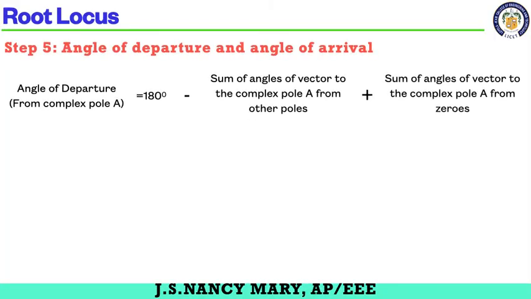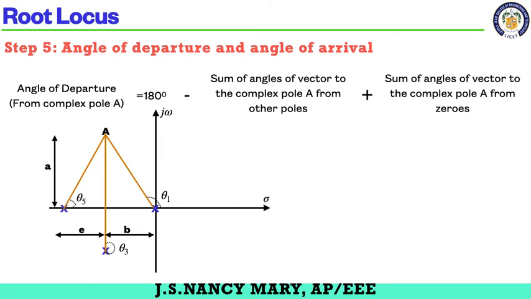This is my formula. You have two poles, that is at 0 and -4, and then you have a complex pole at A. If you measure the distance between A and your real axis, it will be 4, because it is -2 plus j4. So A is equal to 4, and then the distances between the poles you need to find from the graph. It is 2, and again it is also 2.